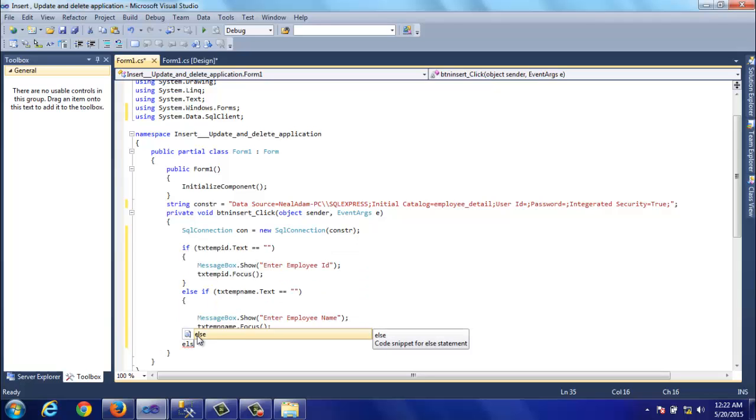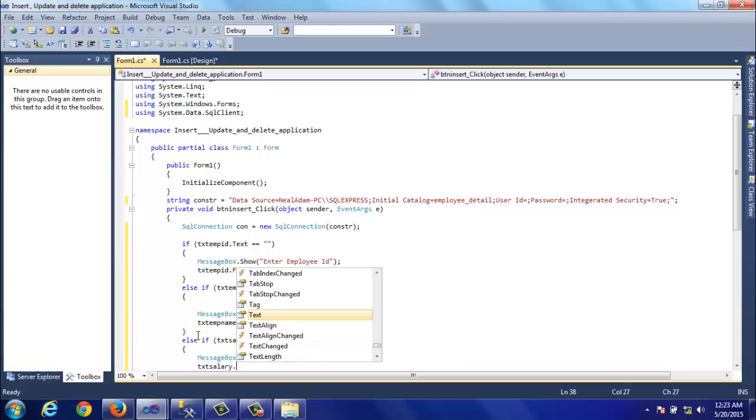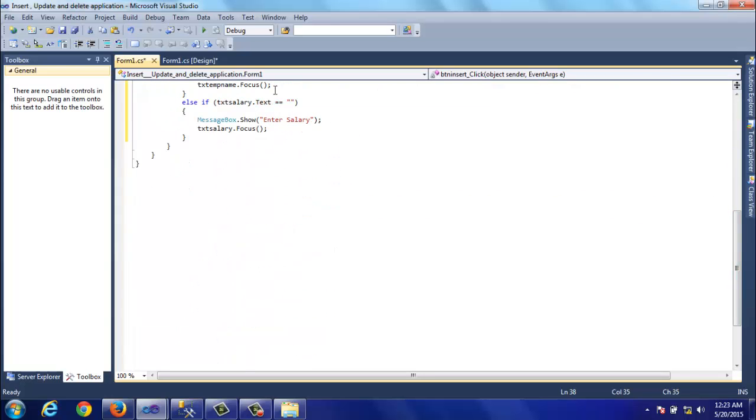Then else if txtsalary.text equals to null, then message box show: enter salary. Now if the user inserted all the data, then